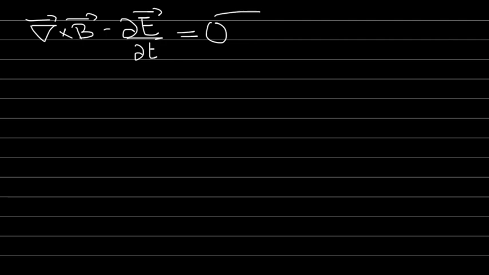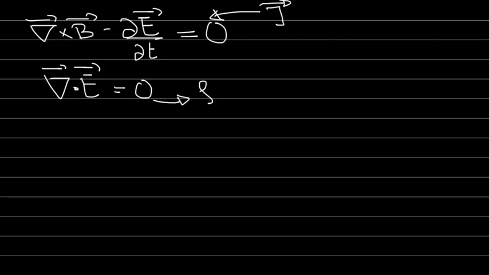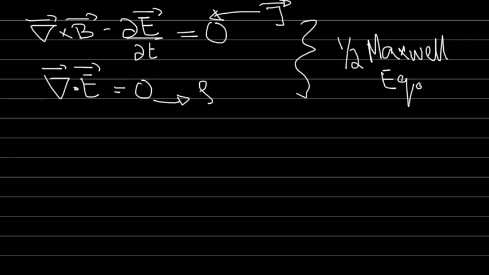Usually you might have the current density J over here, but if that's 0, you could also have 0 over here. And the other equation is simply the divergence of the electric field, which is equal to 0. You might again have the charge density over here, usually. And so these are half of the Maxwell's equations, the dynamical Maxwell's equations, right? And the other half, the non-dynamical Maxwell's equations, you can get those